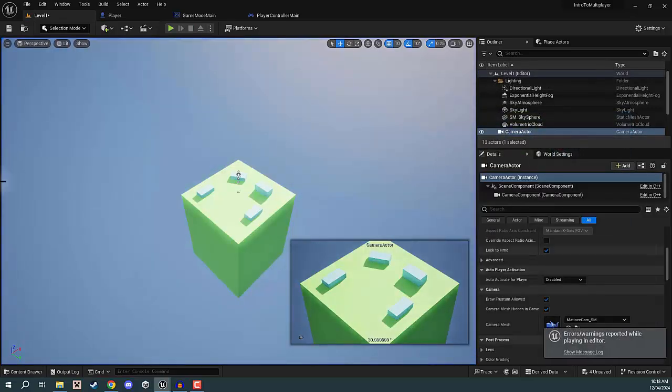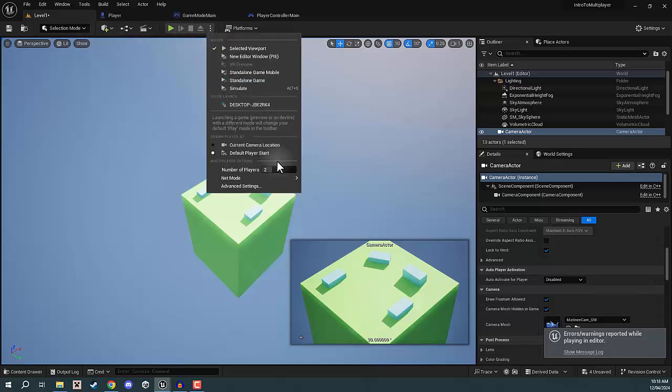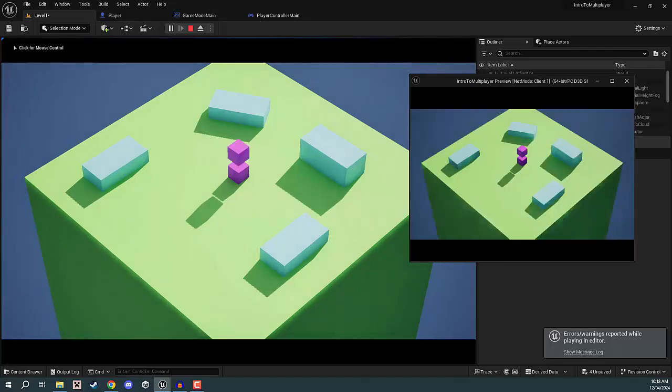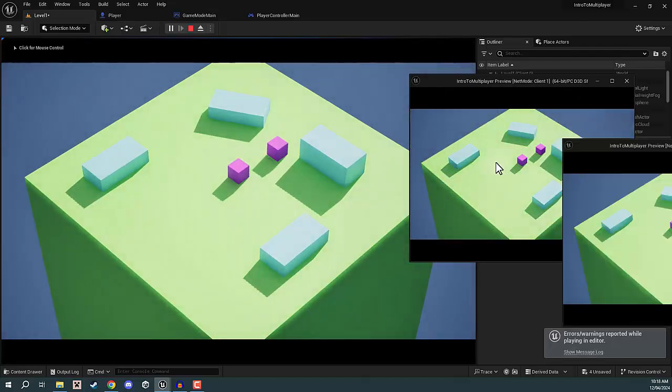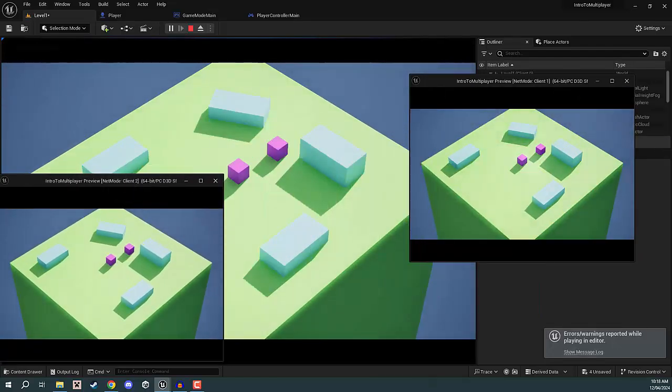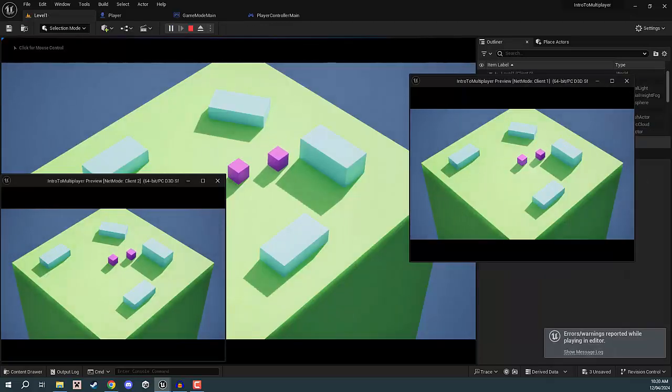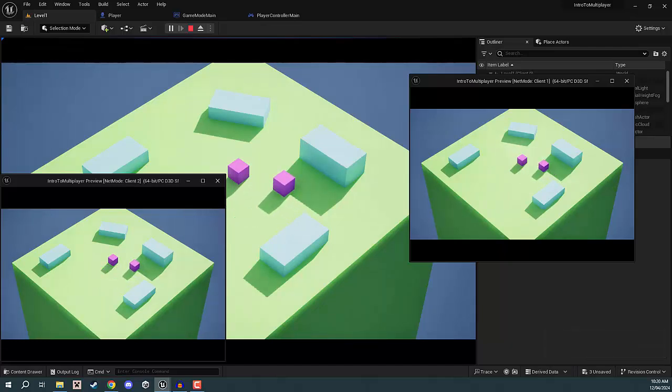And in fact, let's also do another test. Let's test it out with 3 players. So we can bump that number up to 3, press play, and now you can see here, if I just drag it over, we have 3 different windows here displaying our players. Okay, but there's one thing you may notice, and that is the fact that there are only 2 players in the game currently, okay? Player 3 on the left-hand side here does not actually have a player controller for us to move around,